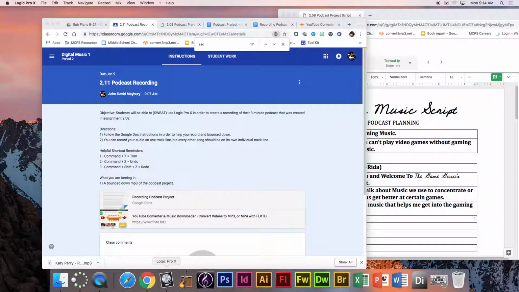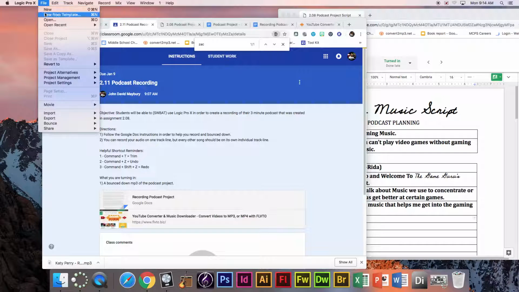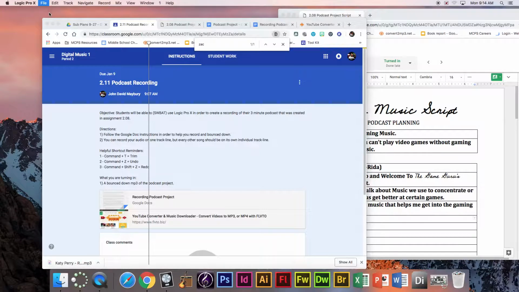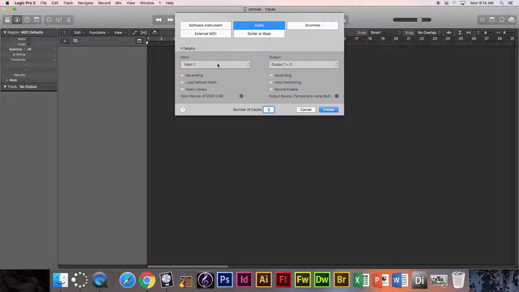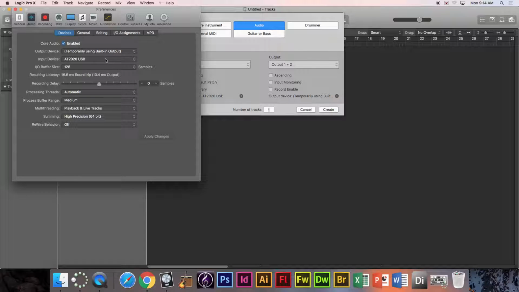So I'm going to open up Logic Pro X, and I can go to File, and then I'm going to go to New, and all I'm going to do is go to this audio right here, Input 1. Everything should be normal for you. Input device. I'm using an AT2020 USB mic for Audio Technica, but you could always choose something else like the built-in